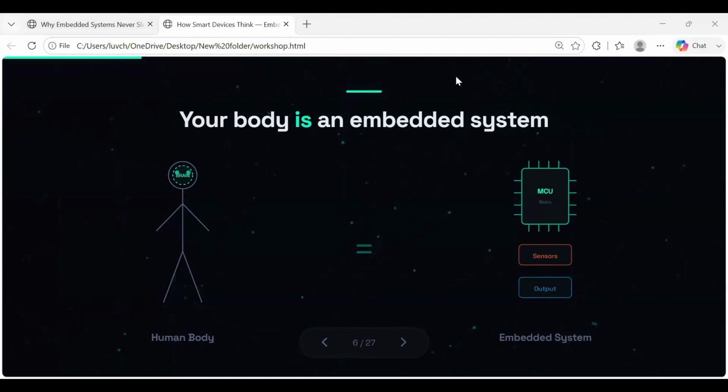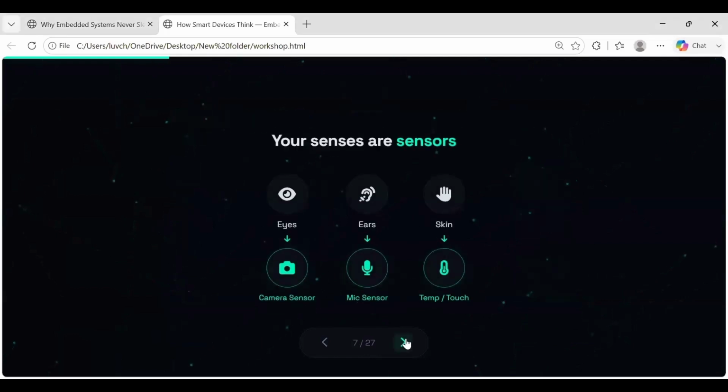And in the human body, your hands, your legs, your sensory motors, your neurons will create an output action. The reflex action, if you have studied it in biology, right? Your hands and legs are the main parts which perform the action as an output, right? So the output device is very clear to you. In embedded system, it is motors and actuators, whereas in the human body, these are hands and legs, right?